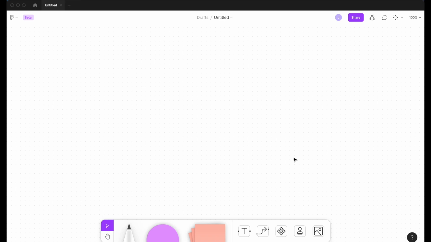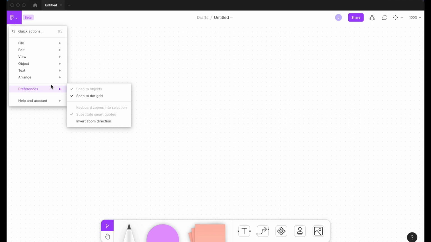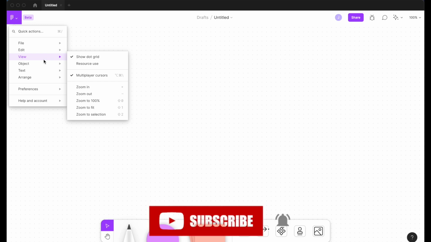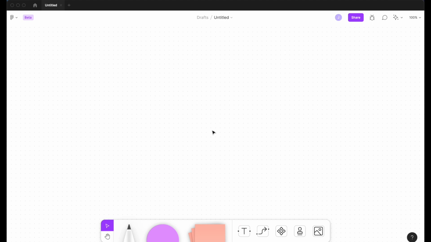It is totally different from Figma. Even if you see the file open options and all, they are only adding the things actually. They haven't added the plugins here. They will add them later. So here is a window of this Figma Jam. Let's see the magic of this one.